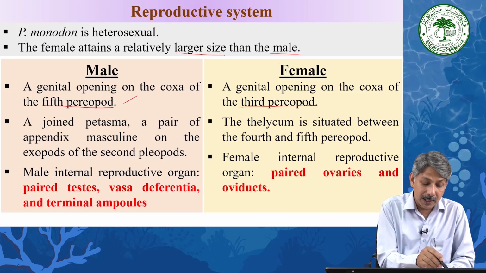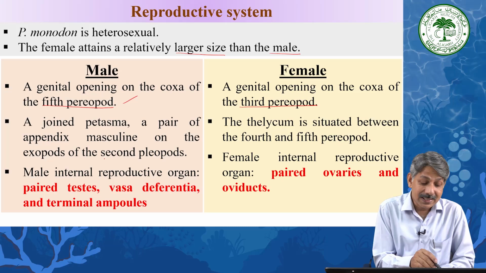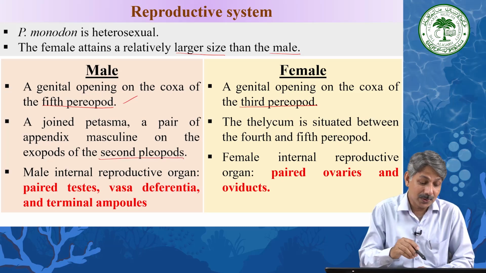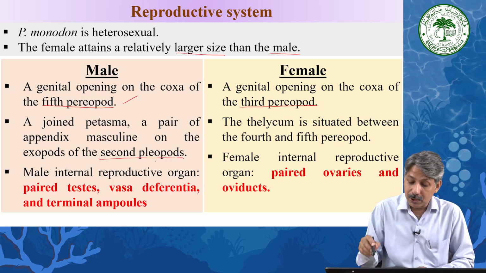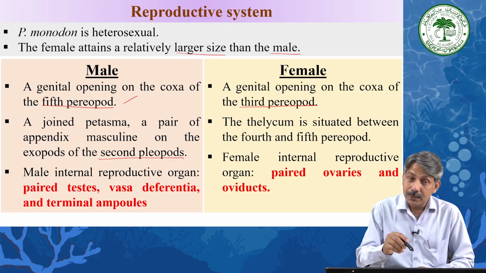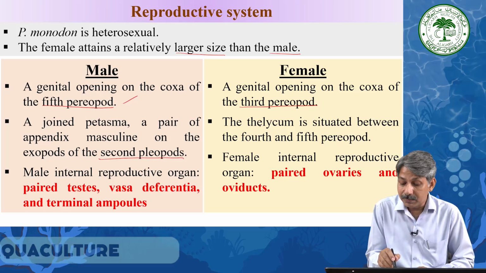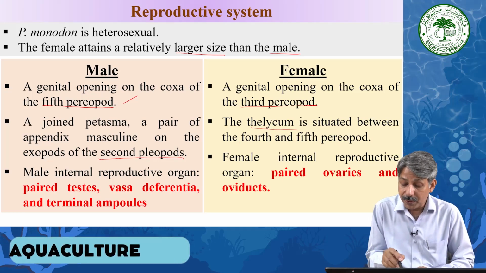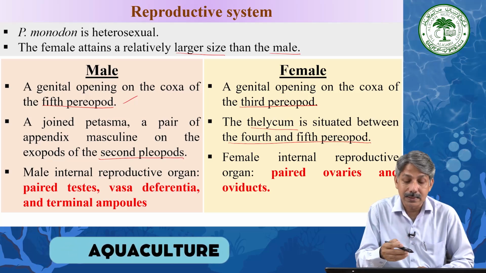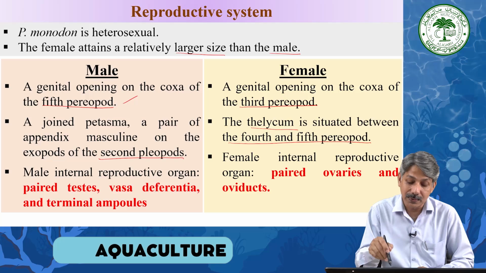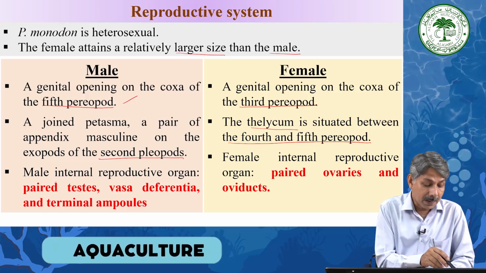A joint petasma, a pair of appendix masculina, is on the exopods of the second periopods. In females, the reproductive structure, the thelycum, is situated between the fourth and fifth periopod. So these locations of these structures can help you better in identifying the sexes